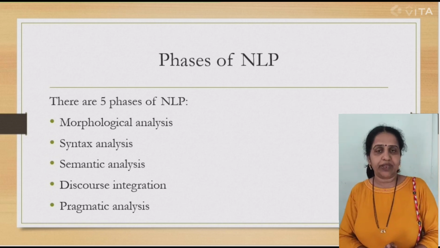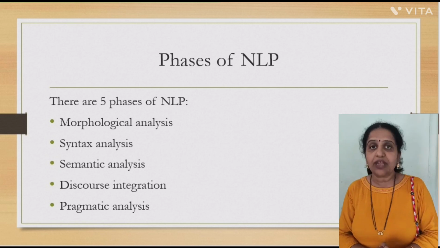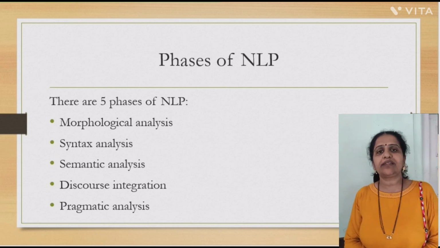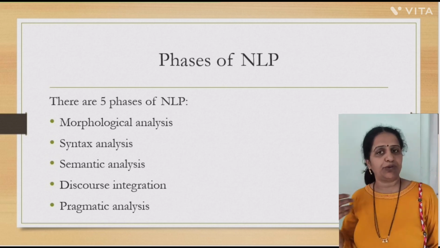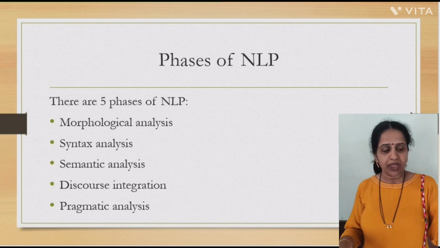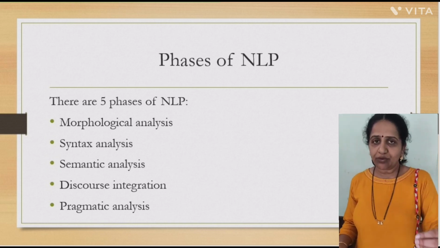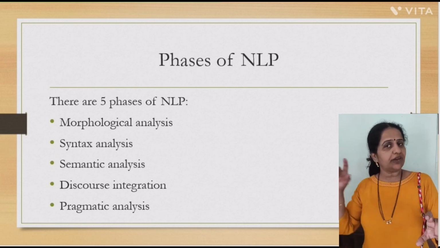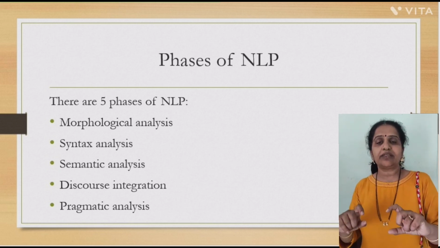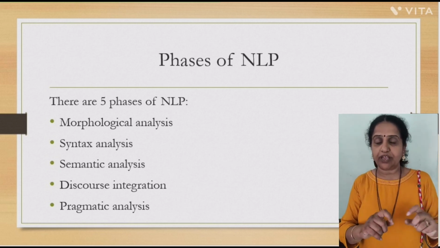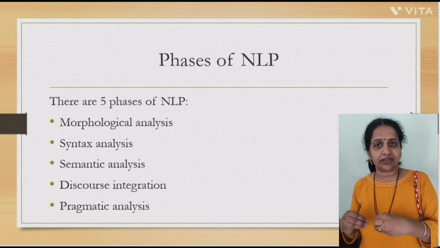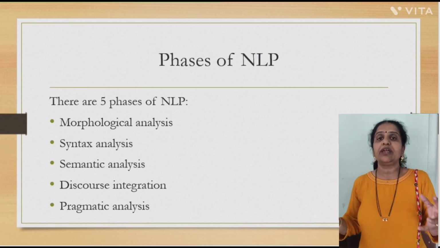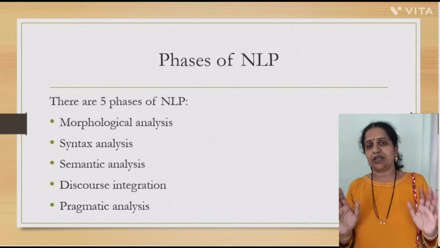And the last phase, that is pragmatic analysis. This is a very, very hard phase, due to which NLP is not getting 100% success. Pragmatic analysis is that phase in which the input is different, expected output is totally different. For example, I can explain to you. Suppose I am asking anyone, are you having a watch? It means that I am expecting him to tell me the time. The total input is different, the total output is different. There are many sentences which have various meanings in the input, like proverbs, or many such sentences in the language in which the total input is different and expected output is different, but that is not understood by the system, and that is nothing but the concept of